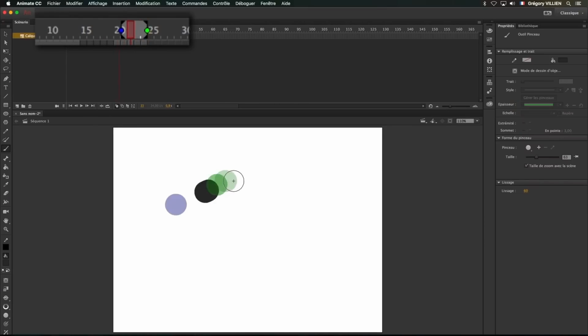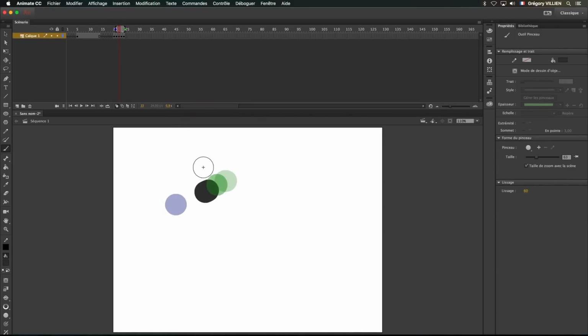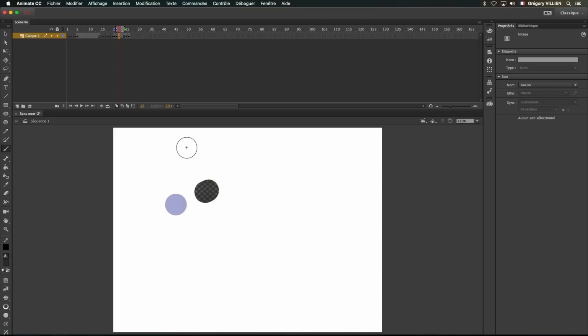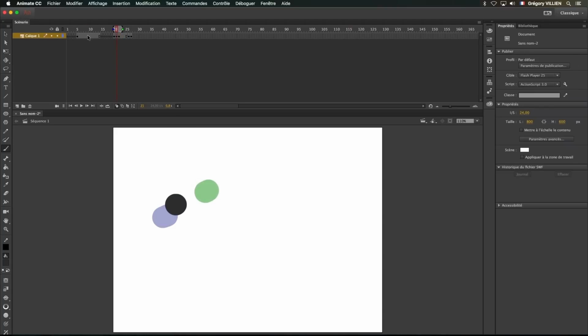New keyframe. Here we can see something starting to happen, and to resume, I use F7 to create a new keyframe. If we want to extend the existing frame, we hit F5. Or just double-click and ask to delete the frames.